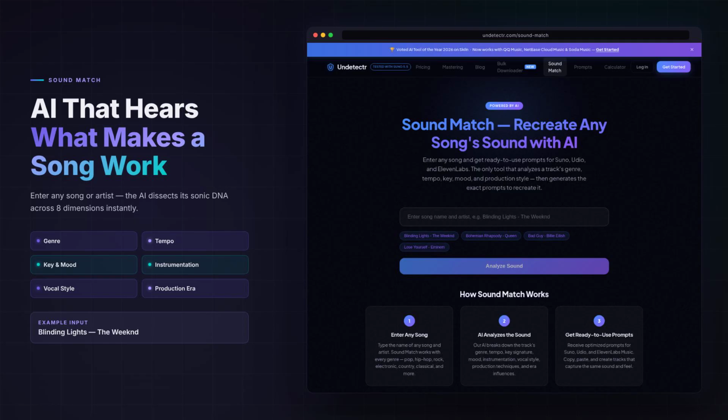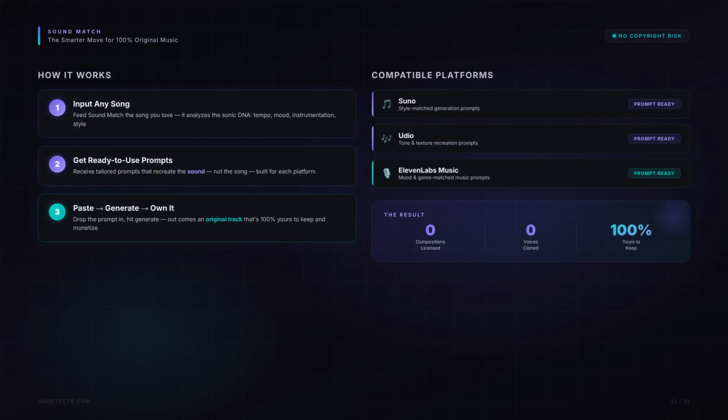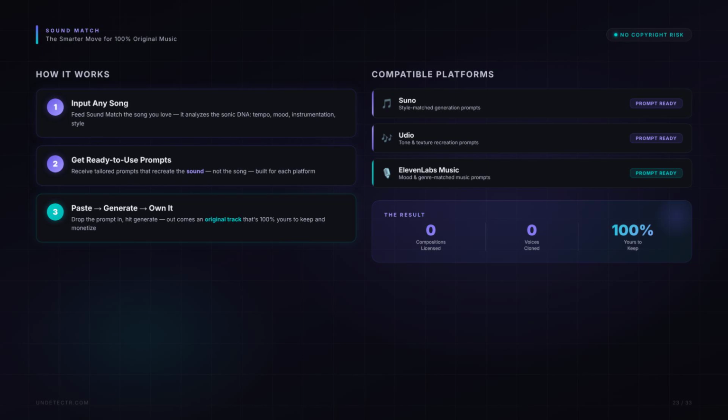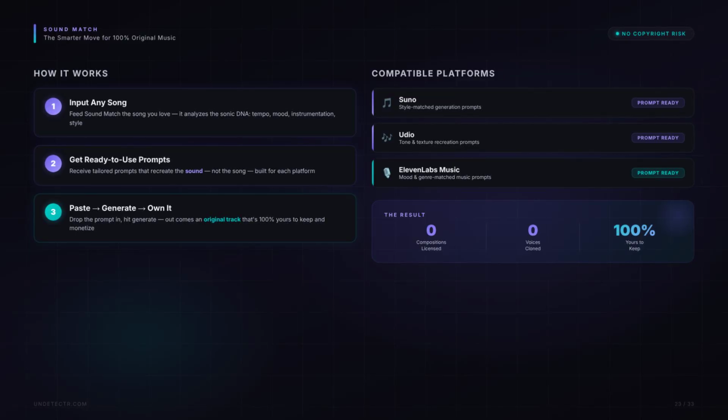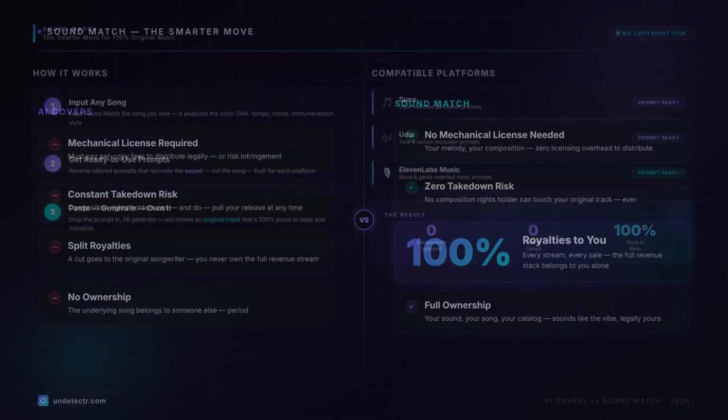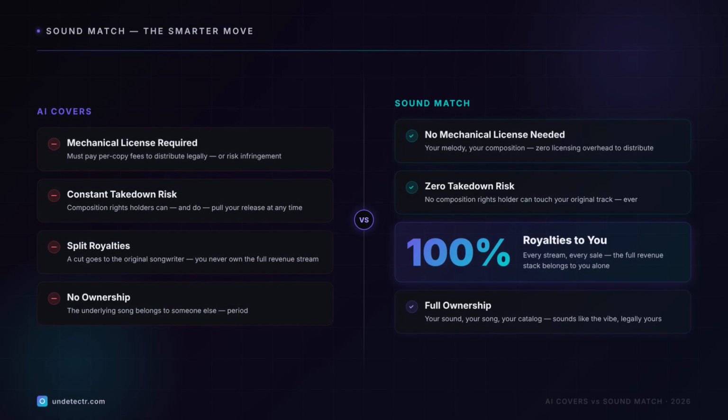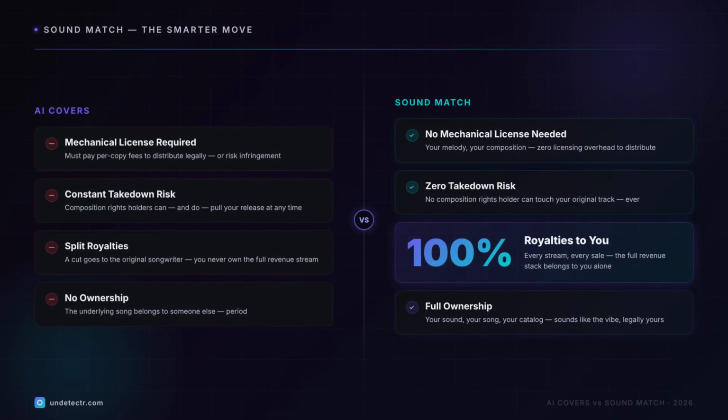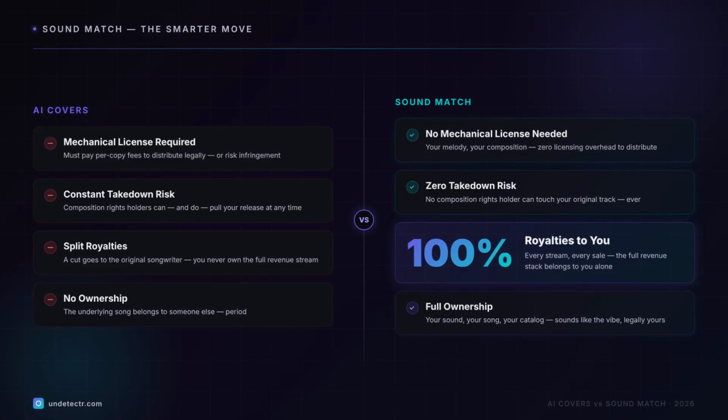Genre, tempo, key, mood, instrumentation, vocal style, production techniques, era, all of it. Then it hands you ready-to-use prompts for Suno, Udio, or 11 Labs music that recreate that sound. You paste the prompt, hit generate, and out comes an original track that captures the feel of the song you love. No composition to license, no voice to clone. 100% yours. That's the upgrade from making covers to making records. Full royalties. No licensing headache, no takedown risk. Just your music that happens to sound exactly like the vibe you were chasing.